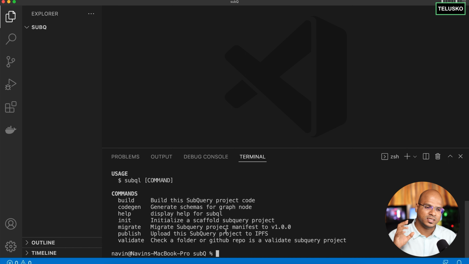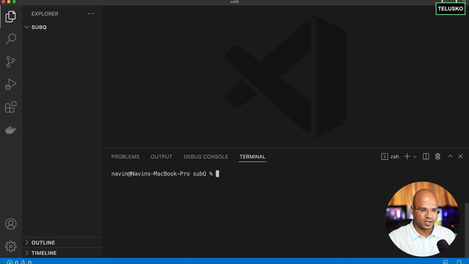So what we need here is to get this Subquery project. Now, the thing is, you don't have to do everything from the basics or from scratch, right? And that's the benefit you get using Subquery. You get a project which will help you to index the blockchain. So let me just clear this. And how do you initiate a project? It's very simple. You say subql, and the command you use is init. That's it. The moment you press enter, it will ask you for certain things.